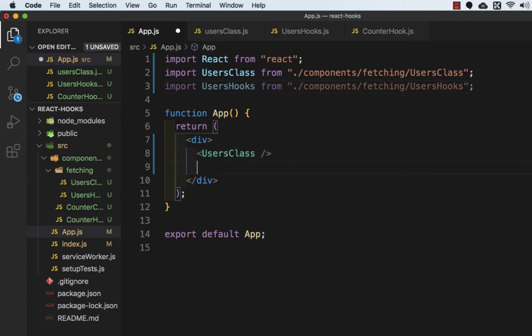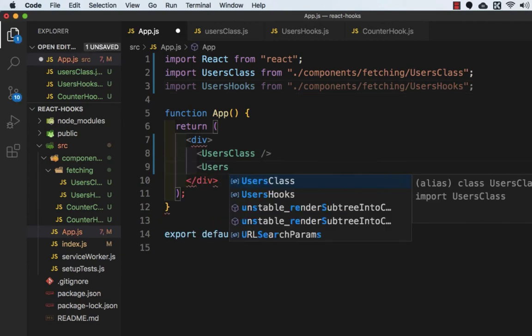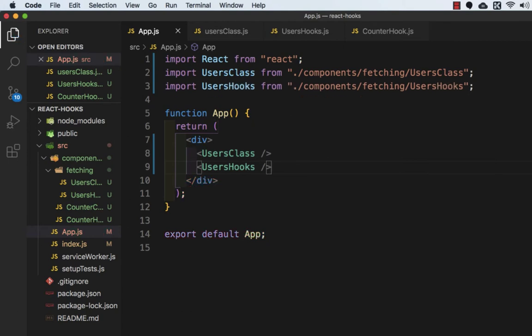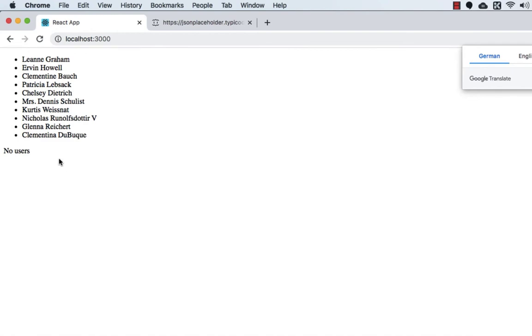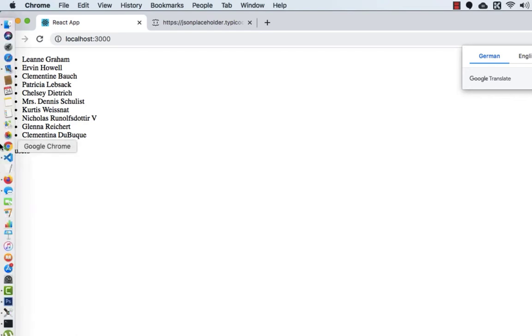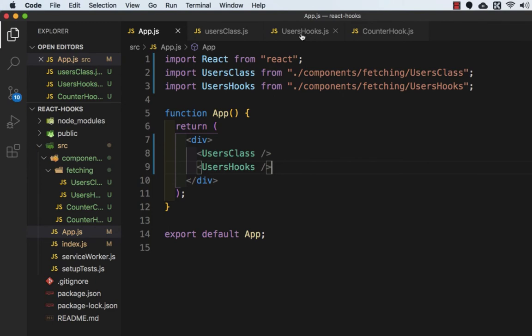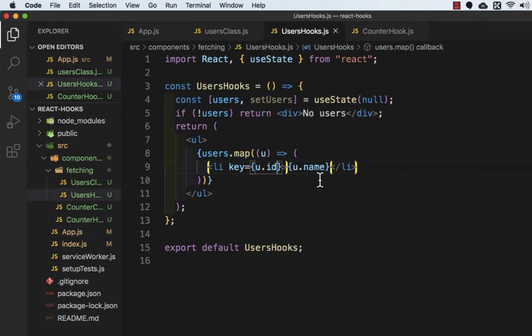And here we need to render it out. So UsersHook. Let's save this file and let's check it in the browser. Right now you will not see anything because we have not added the data fetching functionality. So let's go to Visual Studio Code, and we need to go to usersHook.js, and now let's implement the